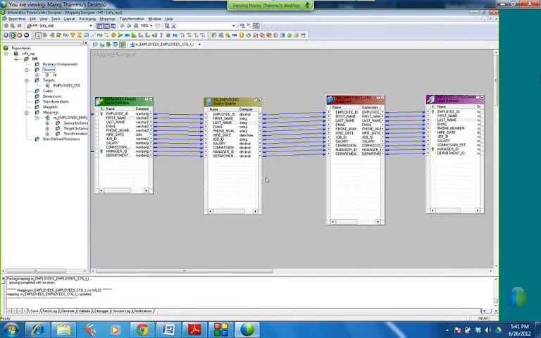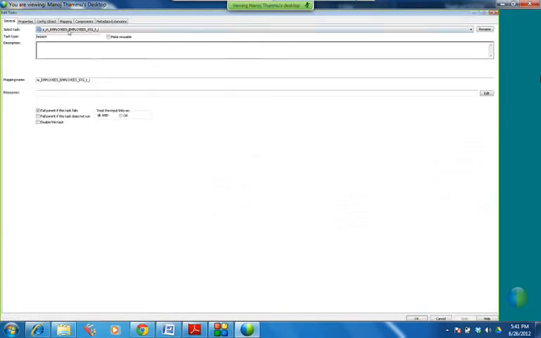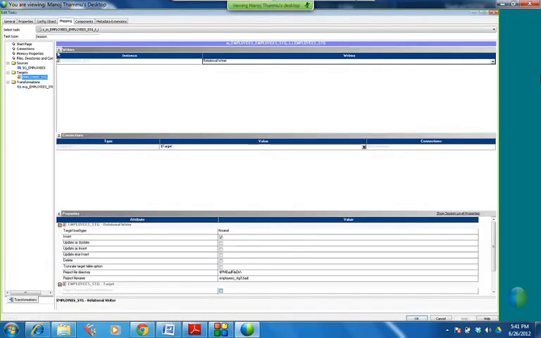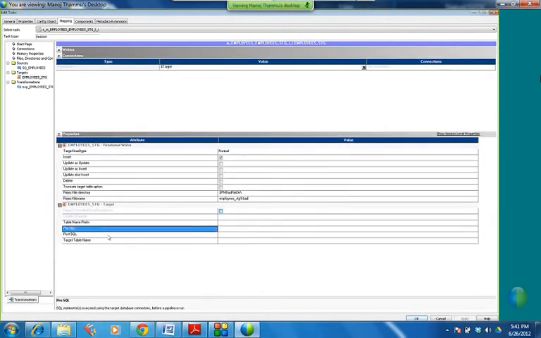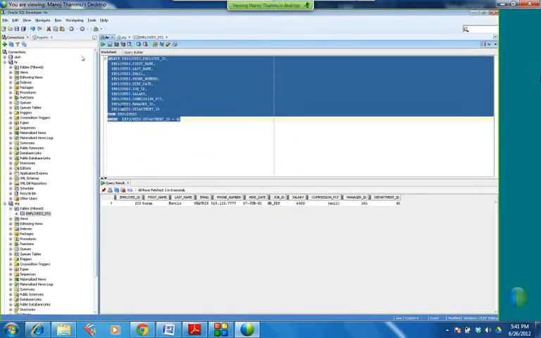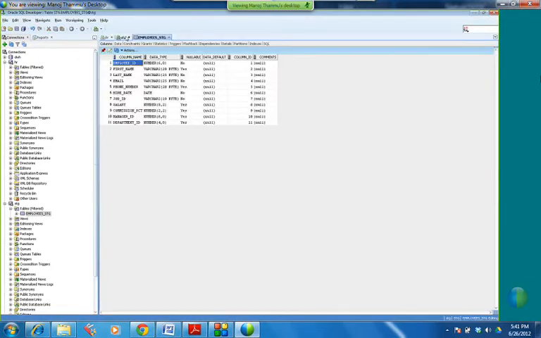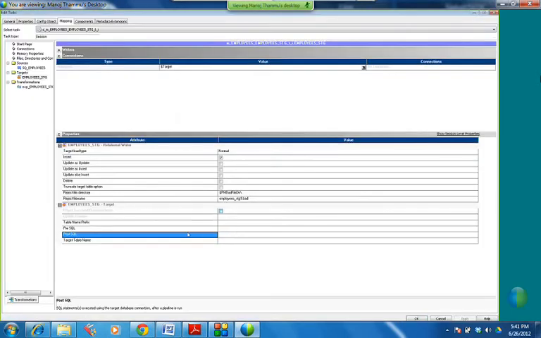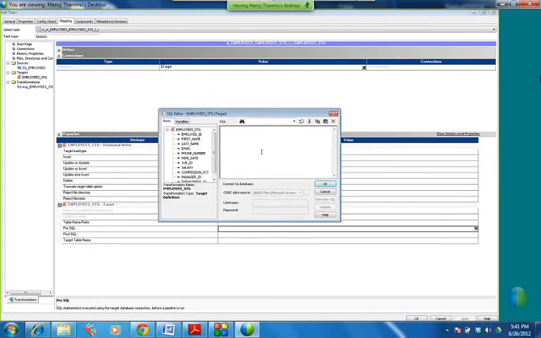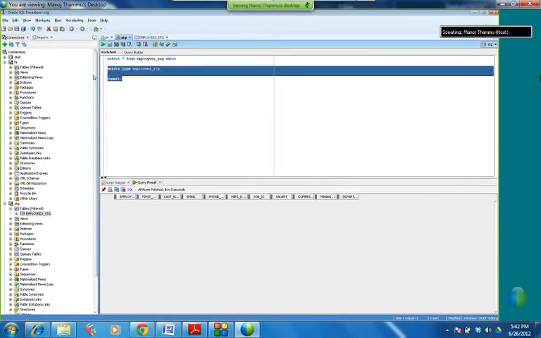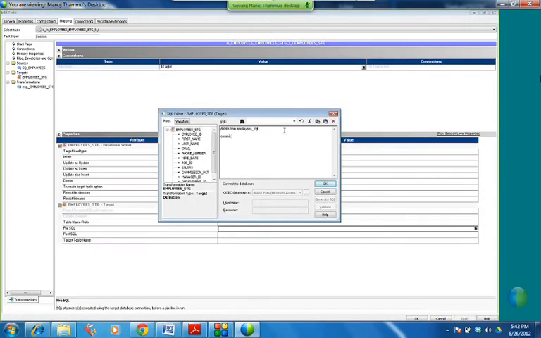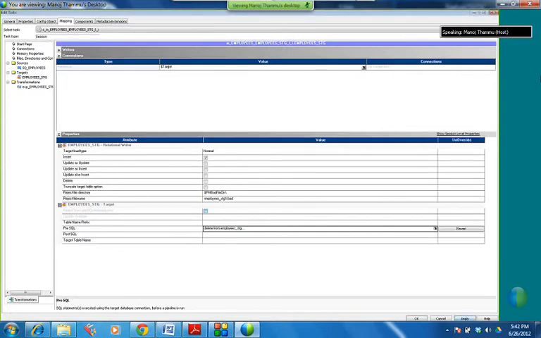So you'll also learn that. I changed those things, and go to the mapping level, and in the target also you will see the pre-SQL, post-SQL. Before this session we were deleting the data directly from the target instead of deleting the data through Informatica. So through pre-SQL and post-SQL, I will tell you what the options are. I can include these two conditions directly here in the pre-SQL with a semicolon, and click OK.